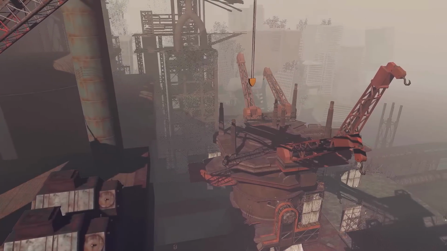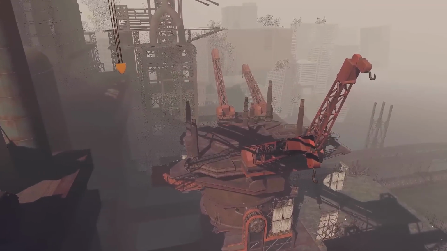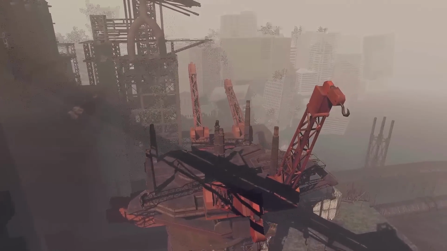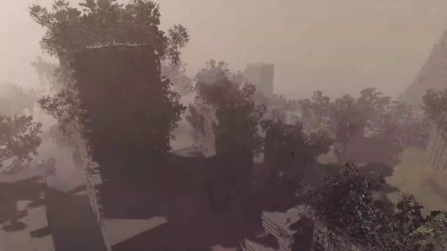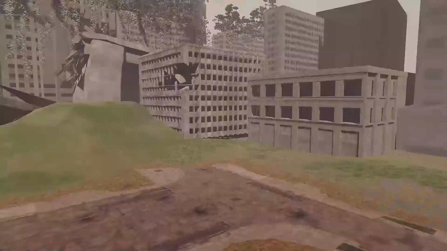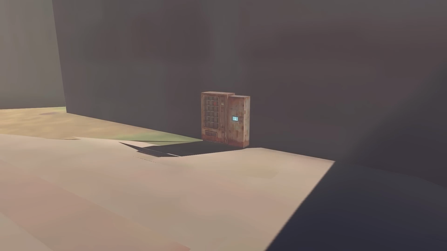Now, something that I didn't expect is right before you're about to fight the giant crane guy, off in the distance you can see part of the city ruins. But the thing about that is that there's a lot more of the map loaded than you would think. You have a ton of foliage, a lot of the buildings are still there, the save point is even loaded in,